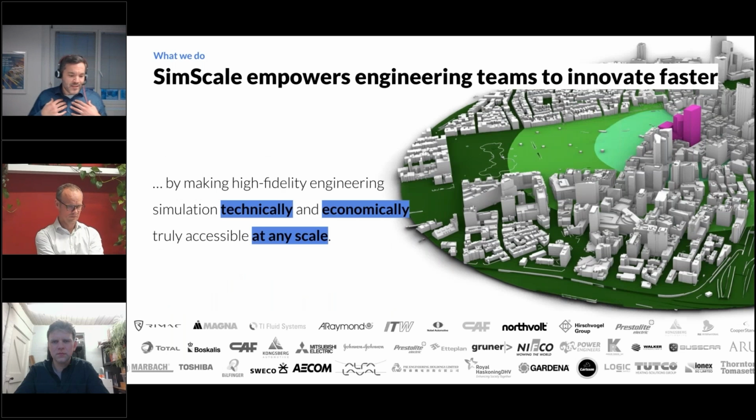We believe that simulation needs to be done earlier, broader, and more intensely in design processes in order to iterate faster and get to a better design, a better location of a heat pump, a better solution in the built environment. At the core, SimScale is really just an enabler. It's a new breed of simulation platform that allows you to simulate more aggressively.